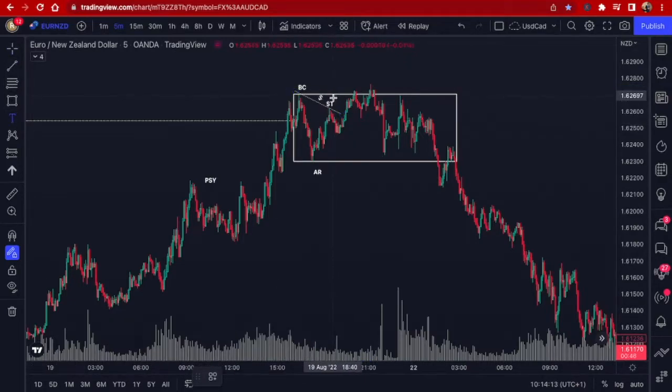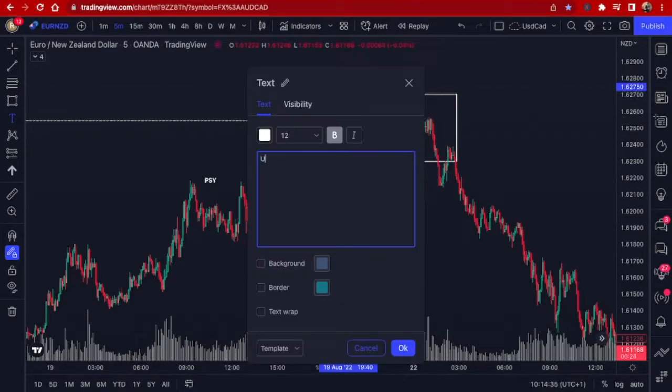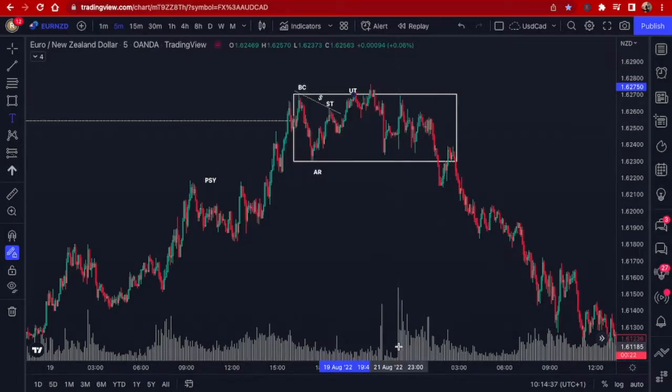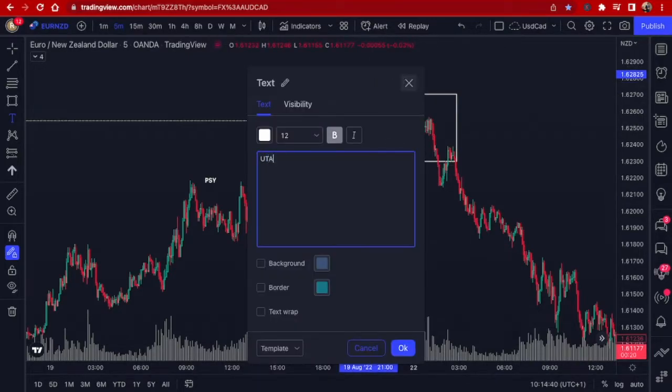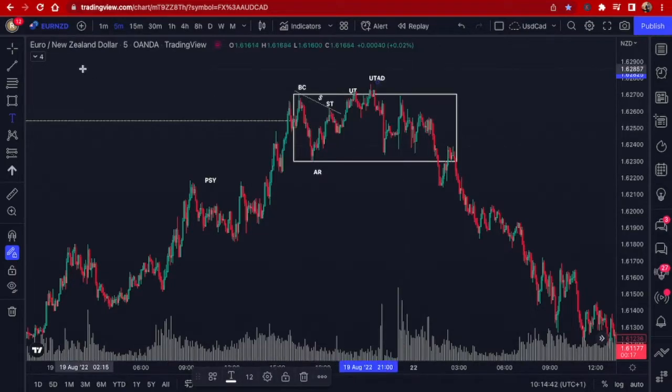After this secondary test, we have the upthrust followed by the UTAD. Now, sometimes you're not going to get both an upthrust and a UTAD. So you don't always have to have both. Just as in the last example, we didn't have an STB. So here we have the upthrust, and then followed by the UTAD, which is basically the opposite of the spring. It's the highest point. Again, it clearly breaks out of the range. Even though it doesn't go massively out the range, it still clearly gets out of the range, so that's fine,